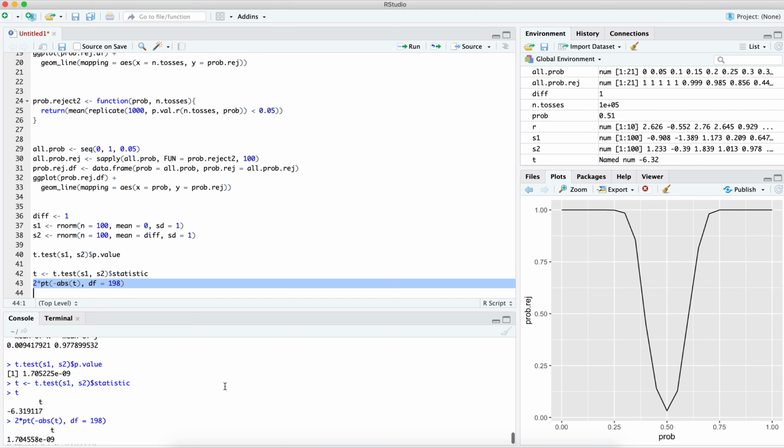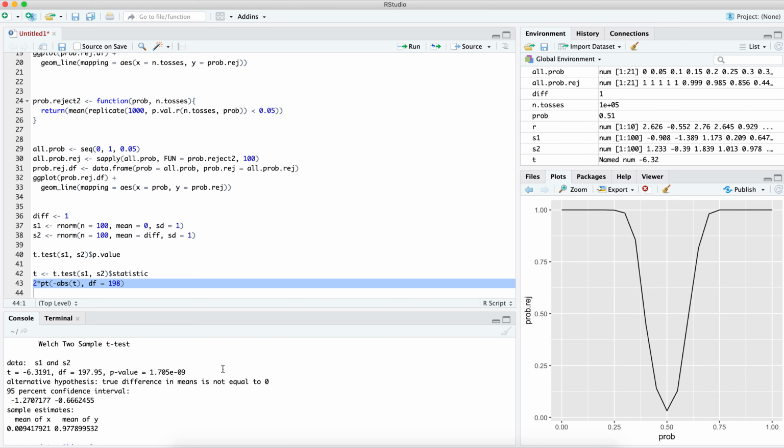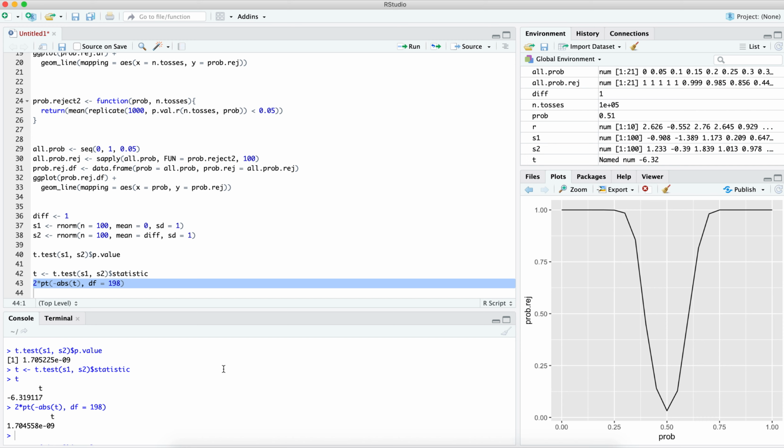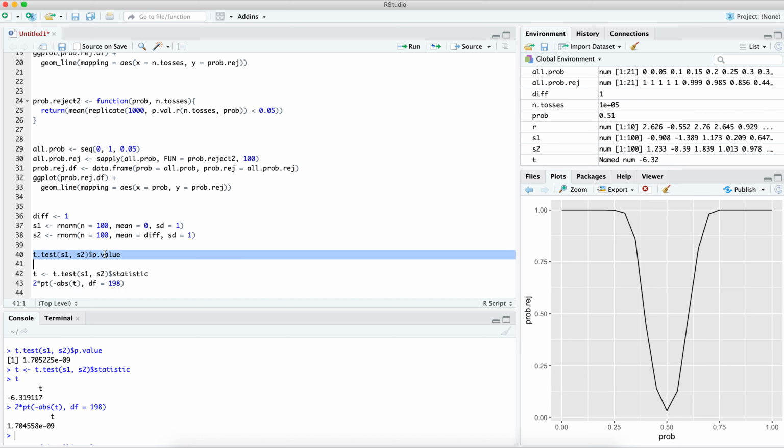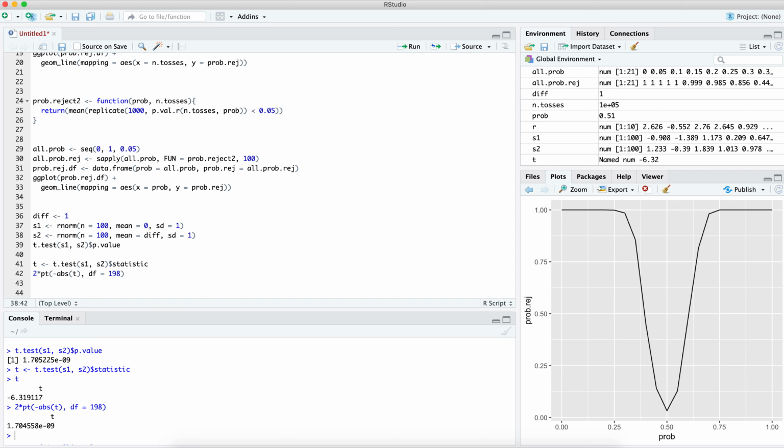And here you have the p-value, and hopefully that matches. So this is 1.7, and it does match. Okay, so that's the same. But we can just use p-value, right? So all that we need to do now is just wrap it in a function,